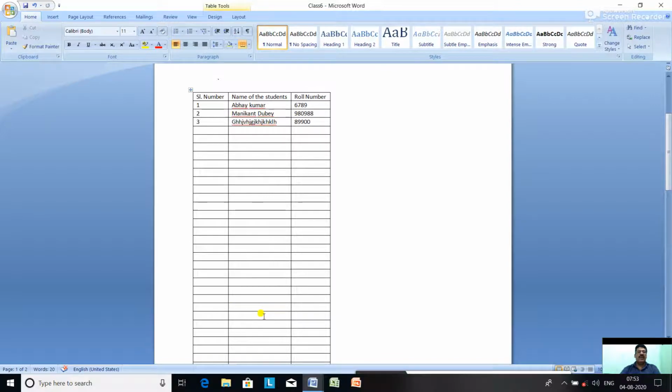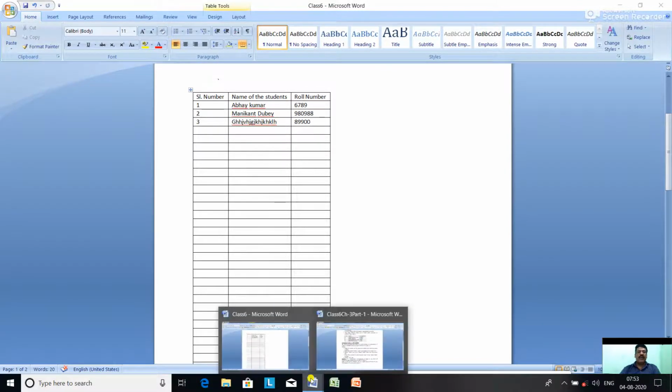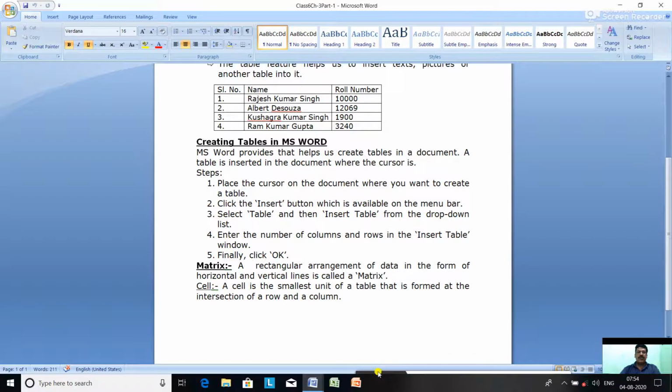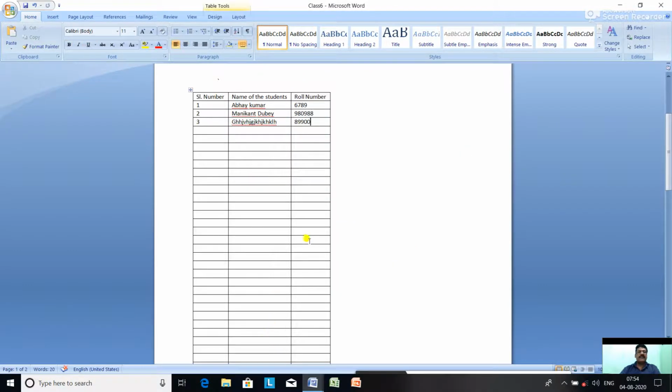So once again, what are the steps to create a table? First, place the cursor on the document where you want to create a table. Click the insert button, select table and then insert table. Enter the number of columns and the number of rows. Finally click OK. A table is created like this.